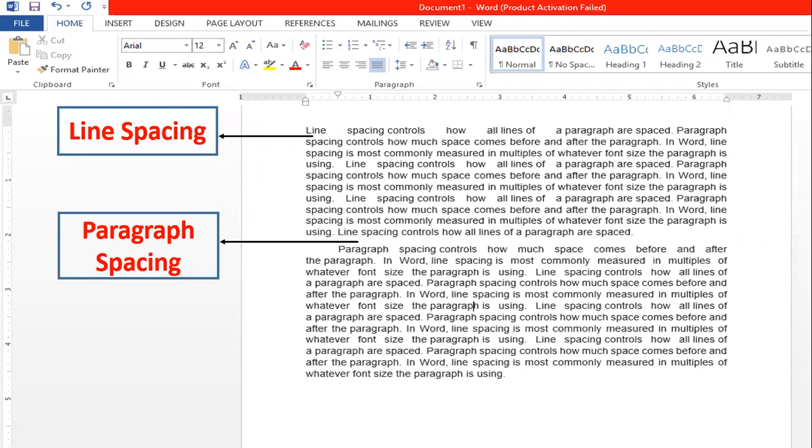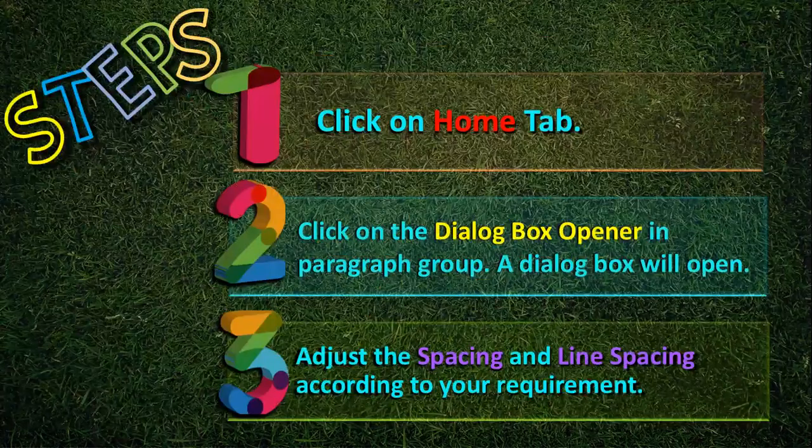Now, there is an option through which you can increase or decrease the space between the lines and the paragraphs. So let's see the steps. First, you need to click on the Home tab. When you click on the Home tab, there are different groups into which the ribbon has been divided for each tab.